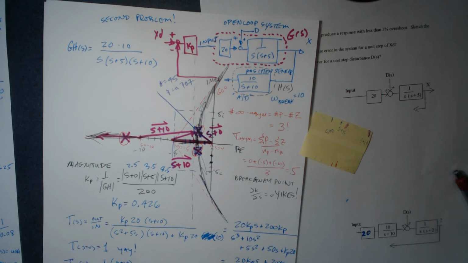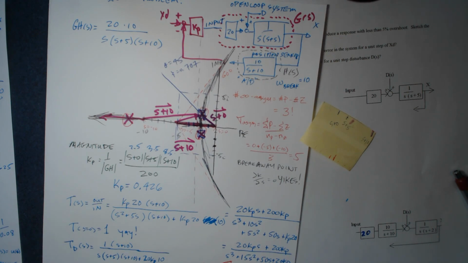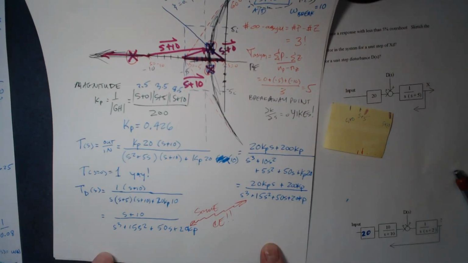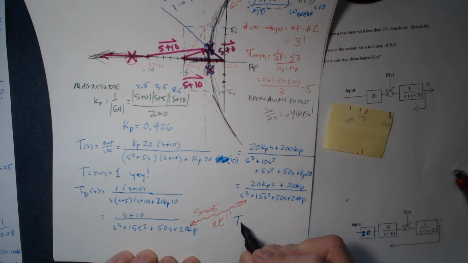And now if I want to know what T sub D, oh, curse me, Red Baron. I fell off the bottom of the page. I apologize to you guys. Look. So let's do it again. So numerator of G times the denominator. And you don't even have to do the bottom of it because you already did it. It's the same. And if I want to know what T of D of S equals 0 is, that's just